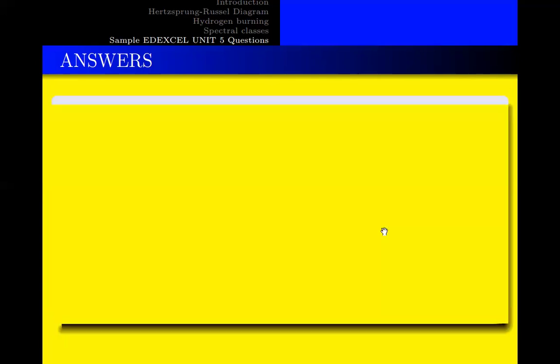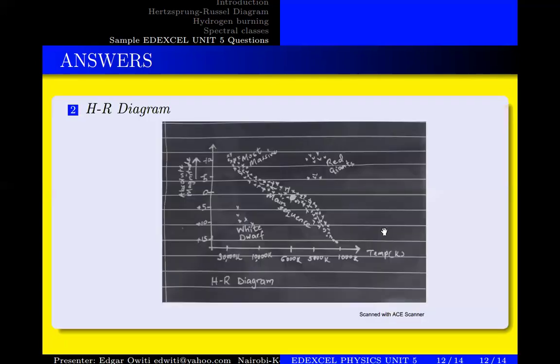So the second question was simply asking us to draw the HR diagram. So like I said, the HR diagram must contain the important features, and one of the important features is the main sequence, which is usually in the diagonal form, but not exactly straight. Just need to know the shape, which is a curve. And then on the bottom left, we have the white dwarf, which is the aging star, the star that is coming towards the end. And then on the top right, we have the red giant